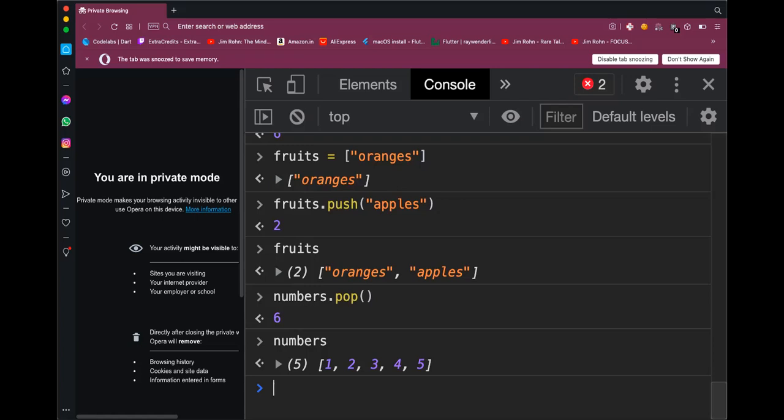Any data structure that comes to mind that can be implemented using arrays in JavaScript? Yeah. So stack is the data structure. If you guys are familiar with it, you have studied it in college. You can use the array push pop methods and basically get a stack in JavaScript.